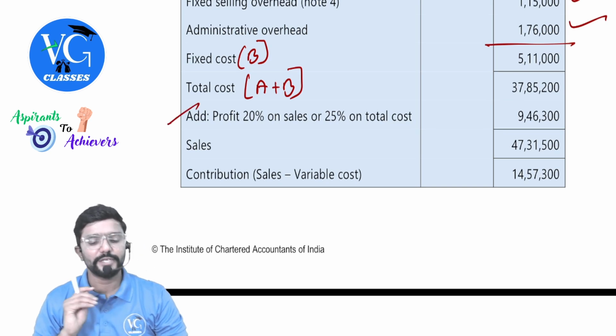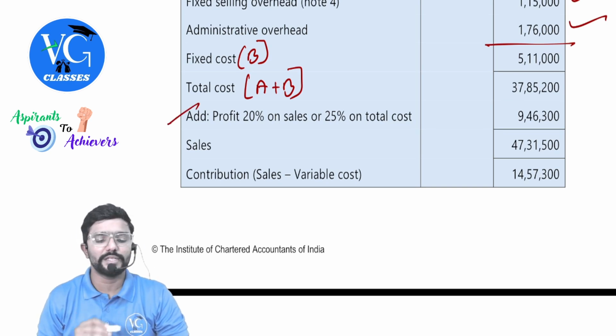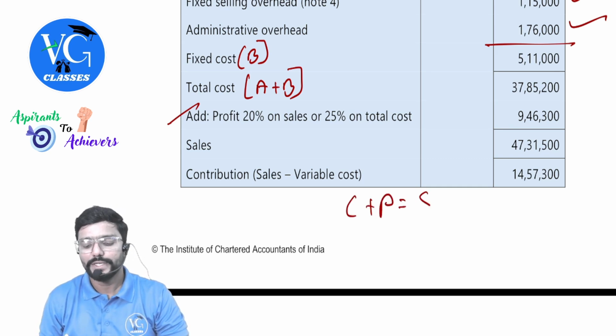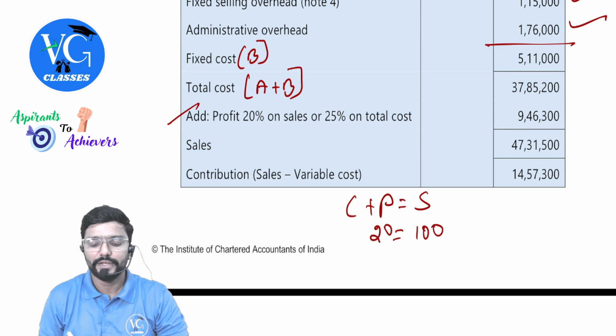Yes. So I had a 20% profit on sales, but we don't know sales. Convert the profit percentage on cost. How's the cost plus profit is equal to sales, guys. Now sales, let me assume it to be 100. So profit is 20. So cost is balancing figure 80.